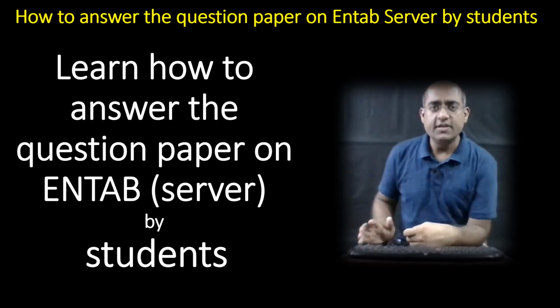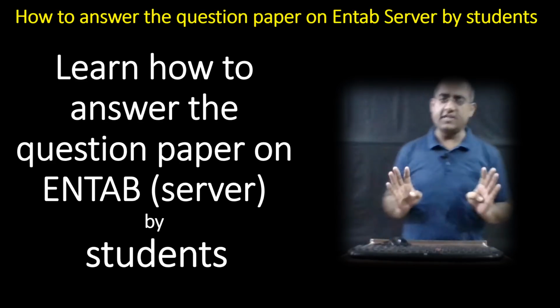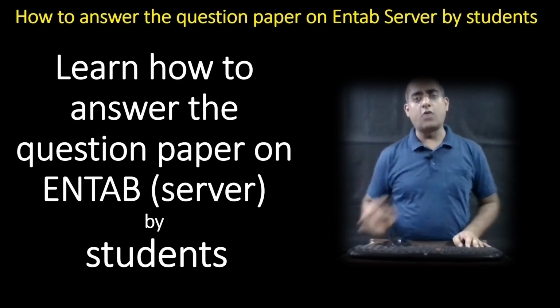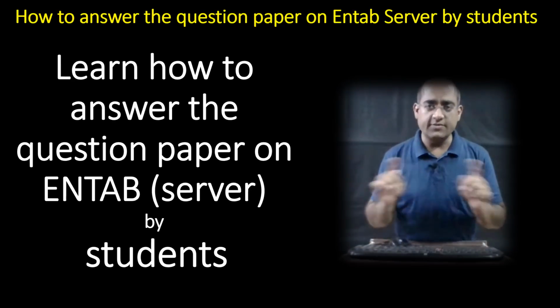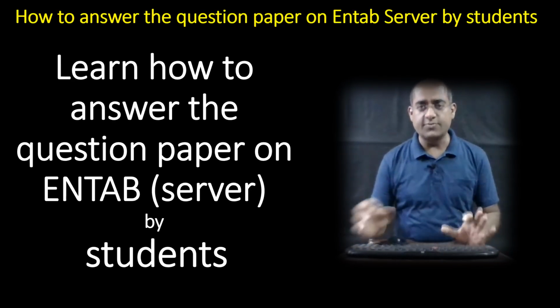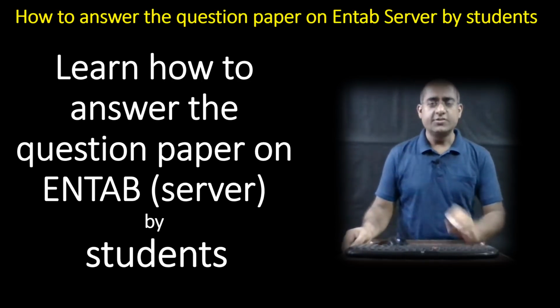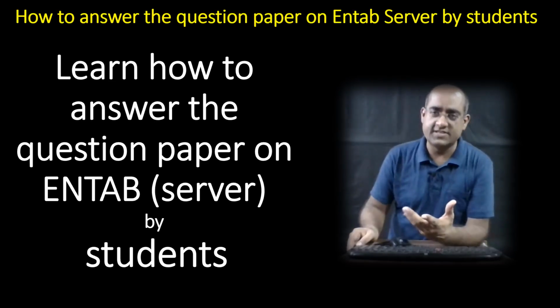First method: if it is an MCQ question, then four options are given to you. You have to select one out of the four options. Second method: there is a box given after every question. You need to write the answer using the keyboard, so you can type it. These types of answers are short answer type questions, like one word or one sentence.